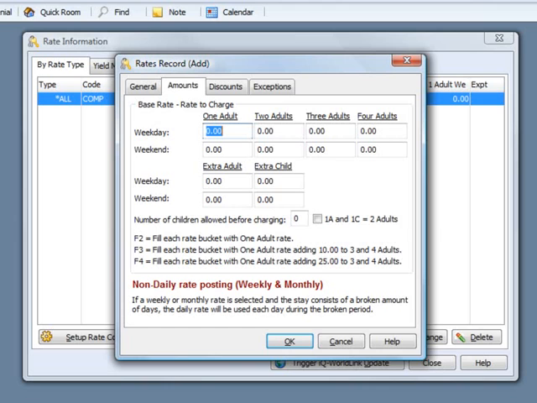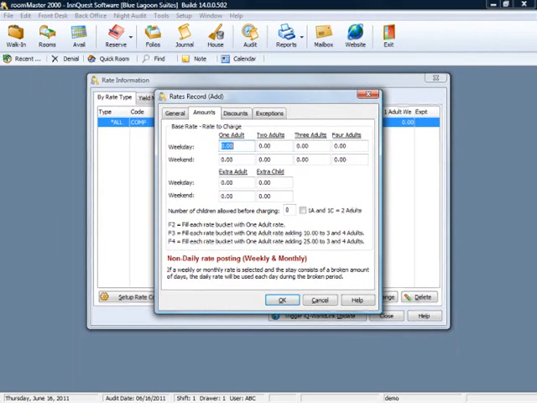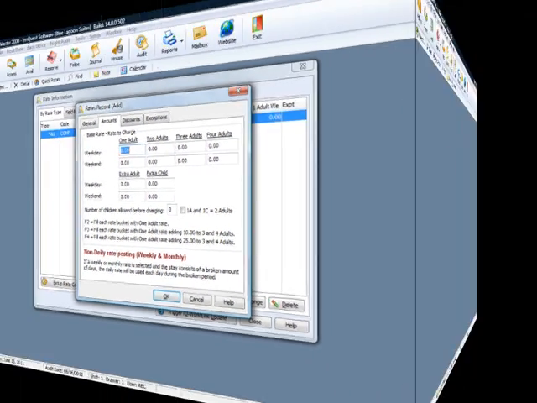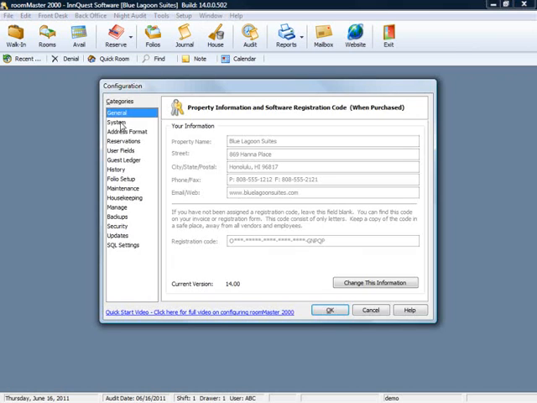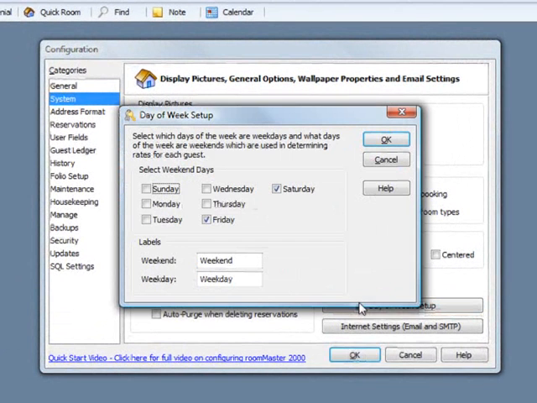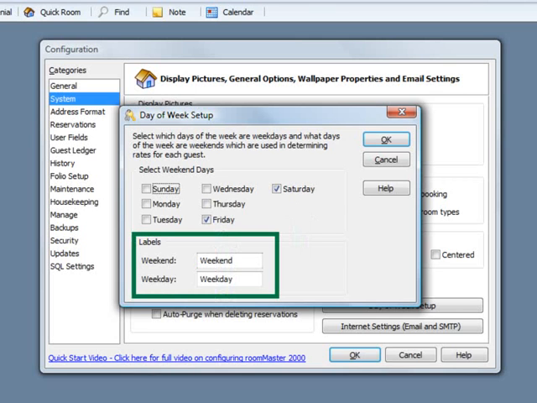roomMaster 2000 allows you to configure rates for different days of the week, usually grouped by weekdays and weekends. Let's take a moment to review this feature. Weekends and weekdays are configured by clicking on Setup, Configuration, System, and Days of the Week Setup. In this screen, you can check the days of the week you want to be your weekend days and label them how you want. roomMaster 2000 defaults are Friday and Saturday as weekend days, and weekday and weekend as the